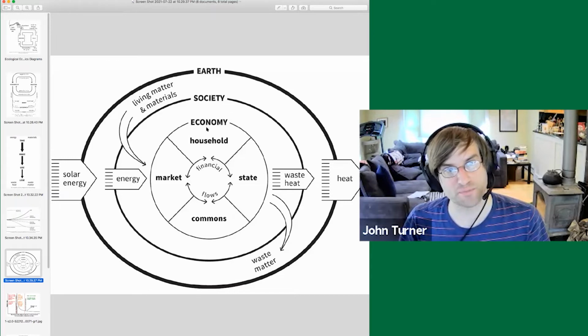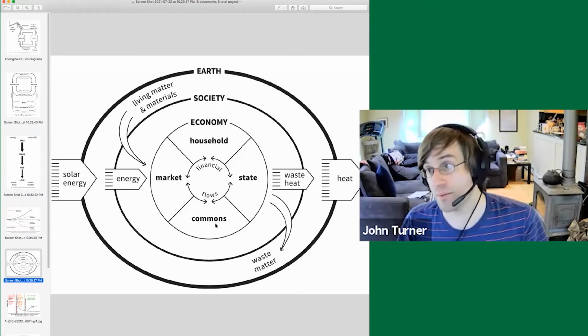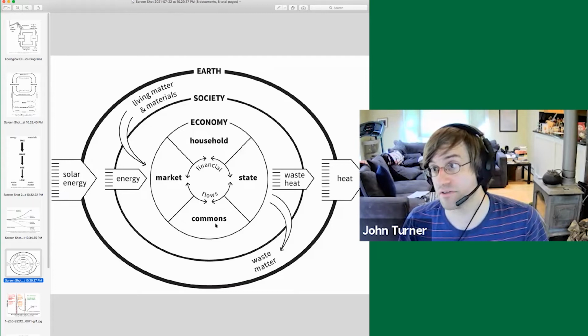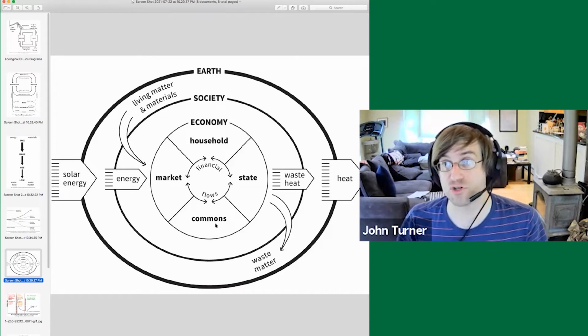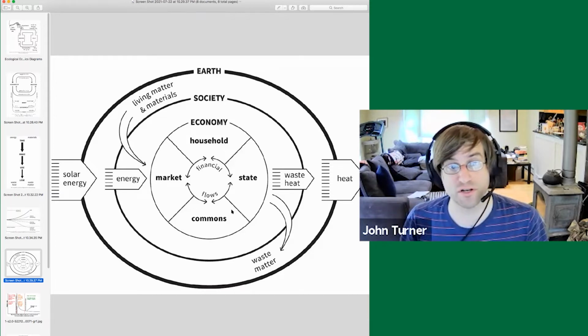They are organized by a variety of economic processes that the society decides to use. That is, there is a household, there's a state, there are common pool resources. That is, resources that are non-excludable, right? You can't establish that only one person can use them. So does anybody know a good example of the commons?